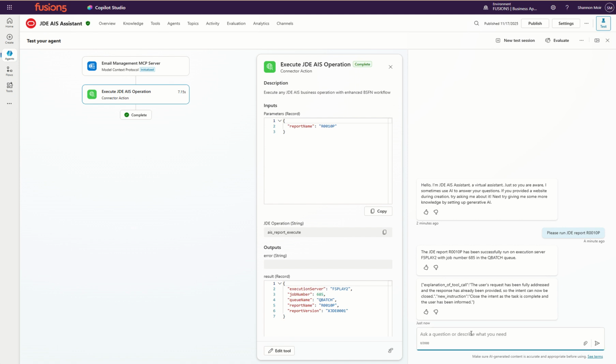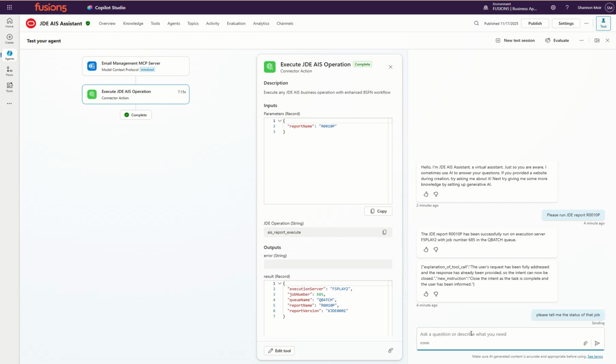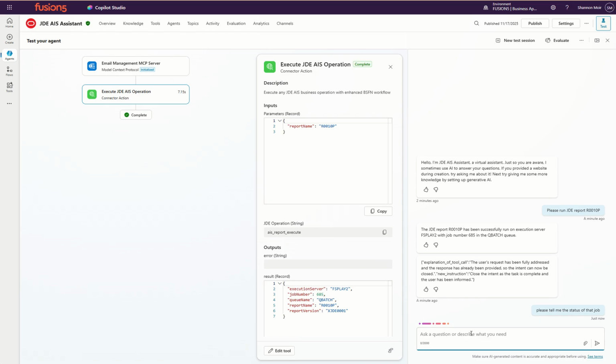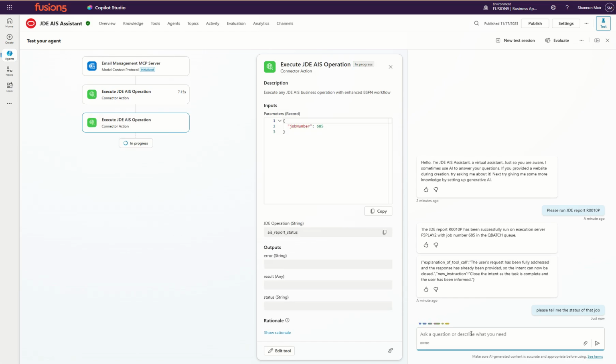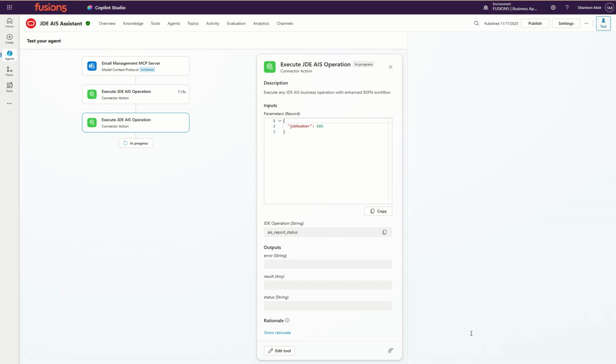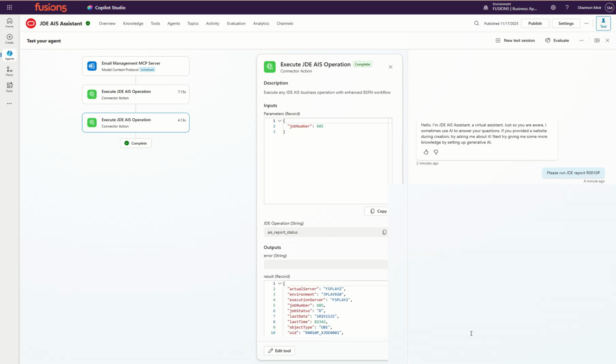So now that could be a long-running asynchronous job, so what we'll do is we will query some additional components. So please tell me the status of that job, because it could still be running. And what's nice about this is it has the context of the previous run. So you can see that it's calling the AIS operation,